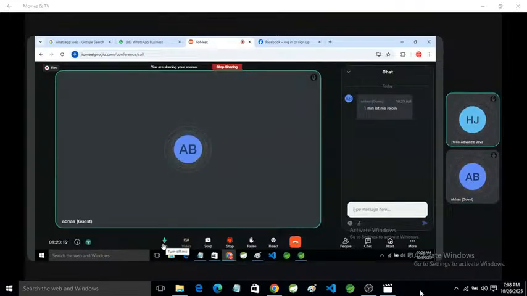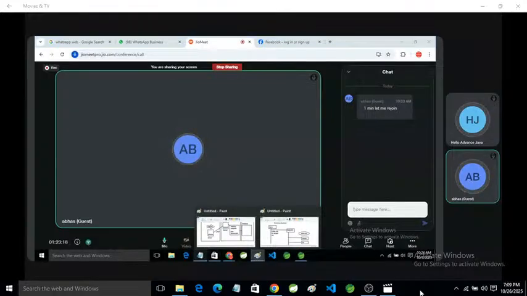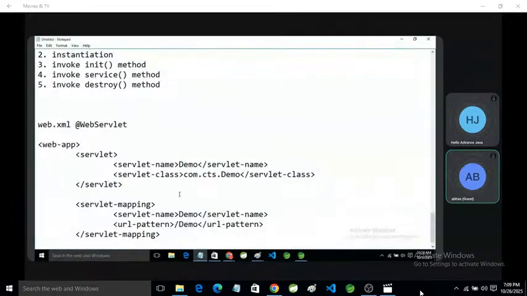Yes, yes. I was saying that if we do annotation after version 2.5, like you said, then how do we define custom properties? Like in XML, we have the option to define the servlet mapping, the servlet name and the URL pattern. In annotation, we declare only the URL, suppose we need the URL. So here we declare demo. So the URL pattern we declare like that. Got it.